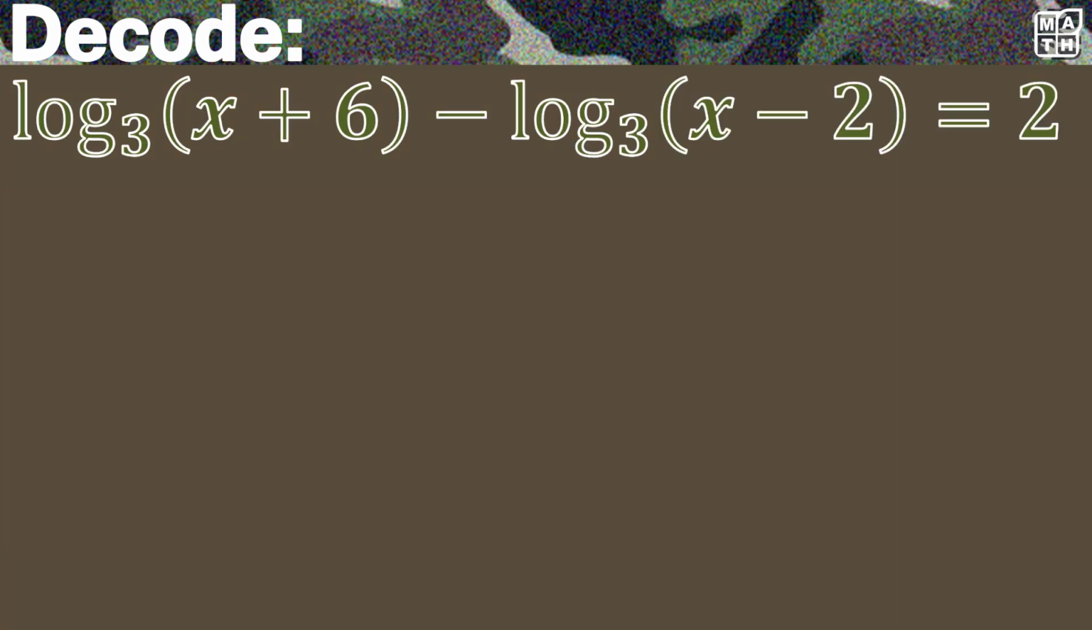Let's decode the result of this given equation involving logarithms. We have here the logarithm of x plus 6 to the base of 3 minus another logarithm of the quantity x minus 2 to the base of 3 is equal to 2. Let us try to solve the value of the variable x, which could satisfy this given equation without any use